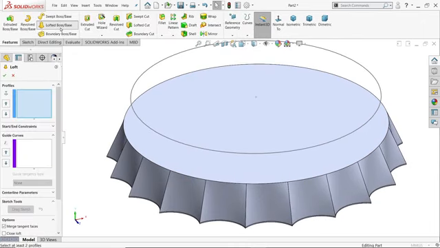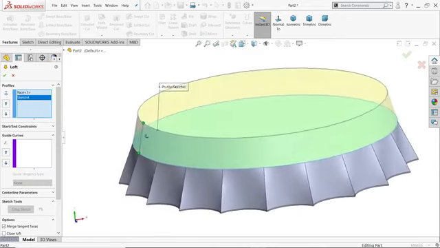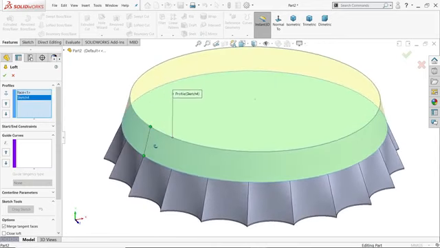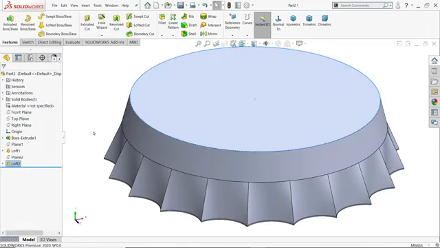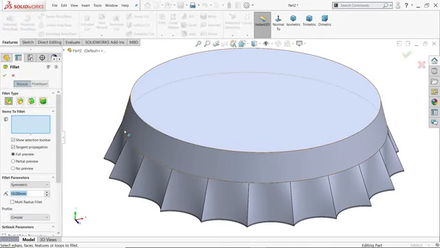Now here go to lofted boss base. Now here I'll choose this face and here I'll select this circle. Now see how it is going to be created. Say yes. That's it. Fillet, keep constant size fillet and the diameter, or sorry, radius 2.5.